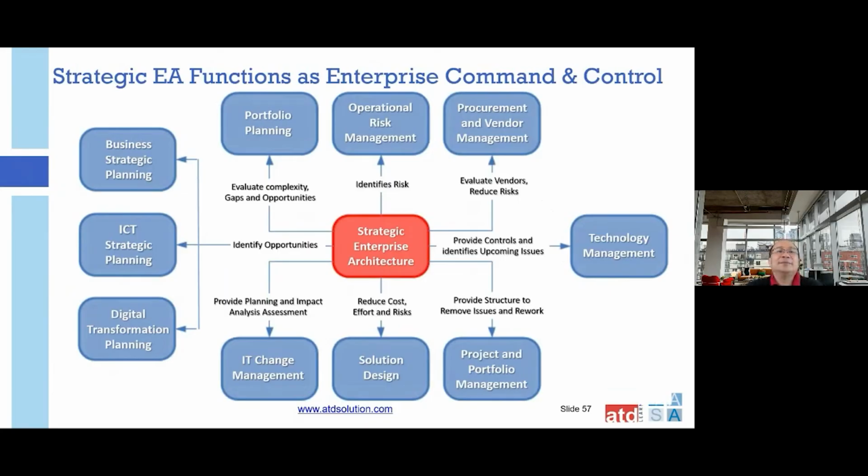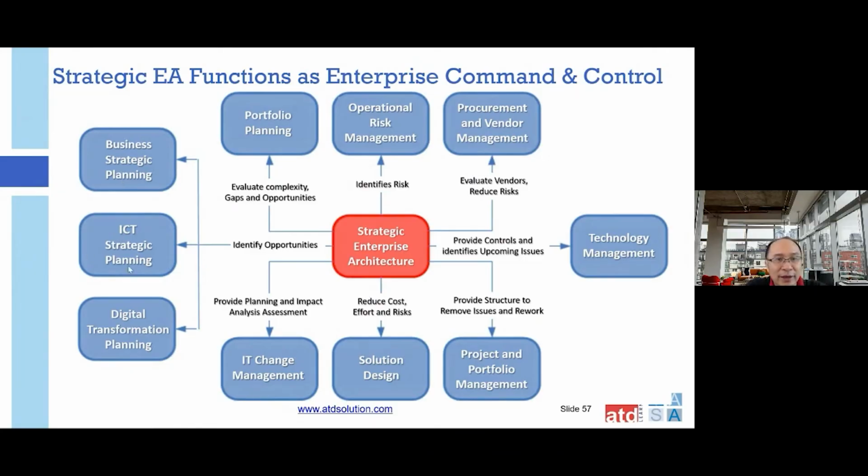So strategic enterprise architecture is basically helping us become like command and control. If you understand command and control, it is very, very important in the military. The same thing now in the enterprise is that enterprise architecture is playing this role. So on the left hand side here, when we develop business strategic planning, IT strategic planning, and digital transformation planning,